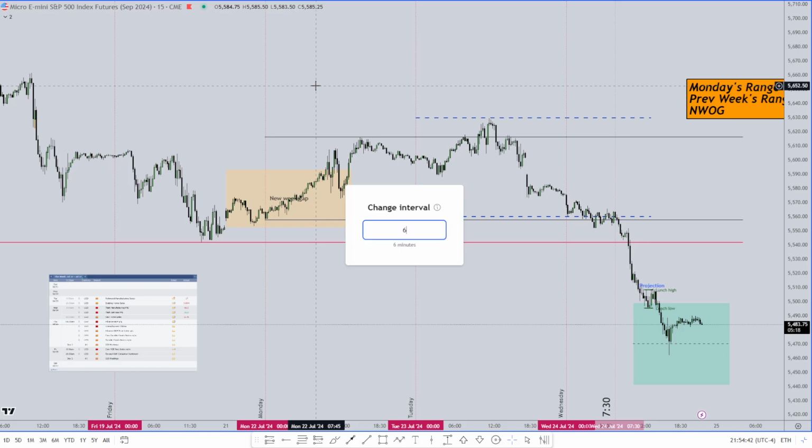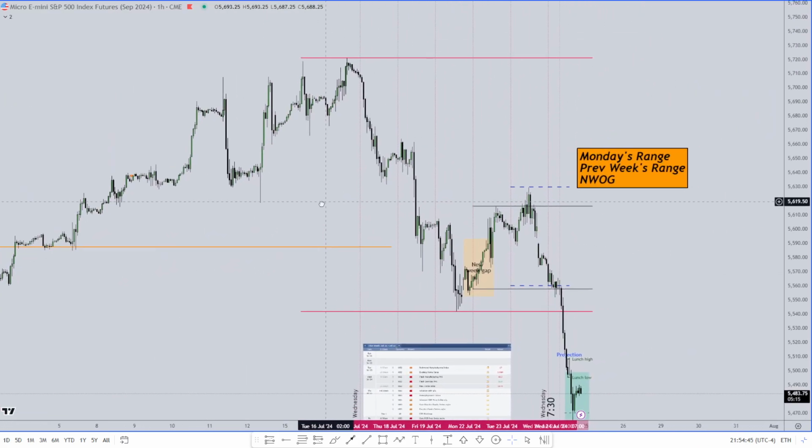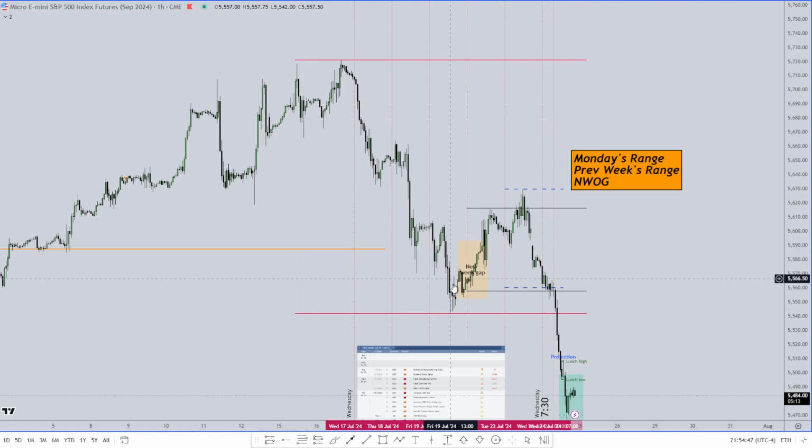15-minute chart. Let's go up to the hourly. Hourly chart. Previous week's high is the pink line. Previous week's high, previous week's low, right? So we framed out the pink line. We had a bearish run all through last week. This week, we then